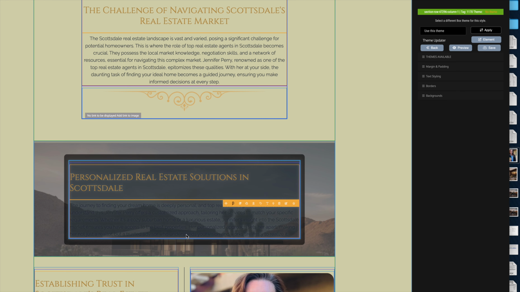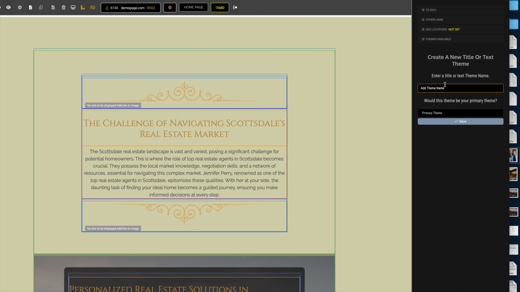What we need to do on this is a little tricky. What you're going to do is create a new theme for it. So we're going to hover over the star, go to the one that's not solid, the unsolid one, and click on it. And we're going to put here